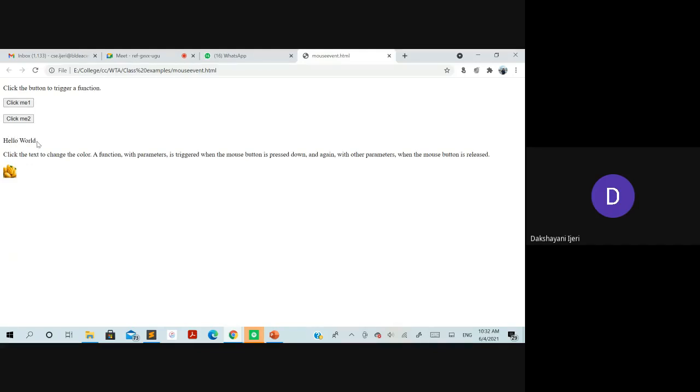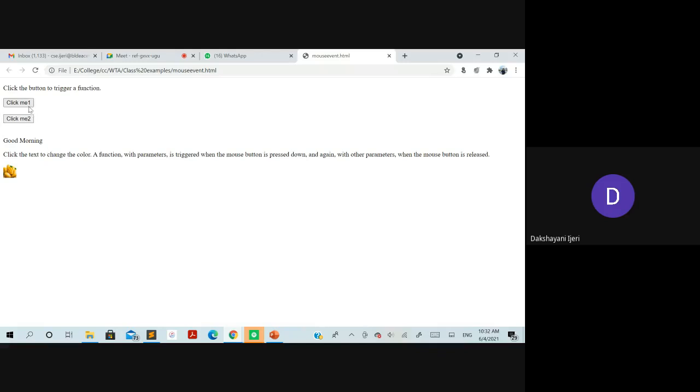Similarly, what happens if I click on this other button? A single click is not going to perform any action, because the double click event has been considered for this button. Only if I double click on this, you can see what content has been inserted into that paragraph again: good morning. This is one example to show what actions can be performed. Depending on the requirement, or on what you want to do as a programmer, you can write the specific code to perform the actions.